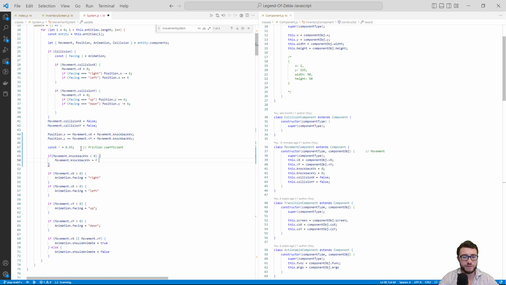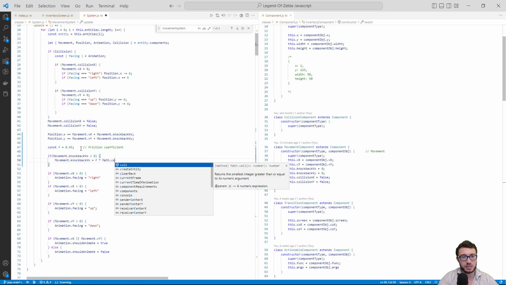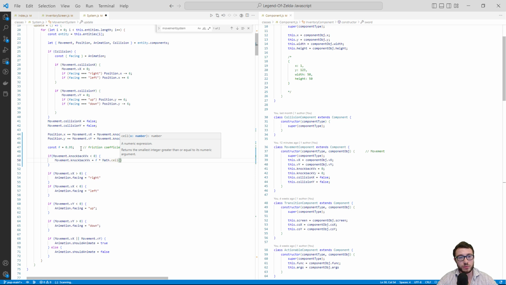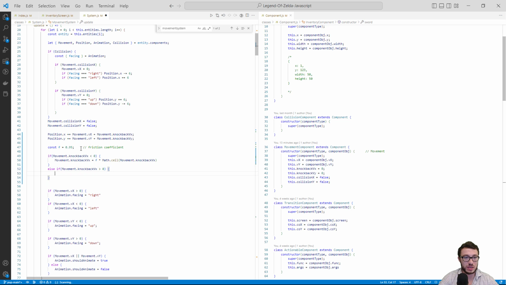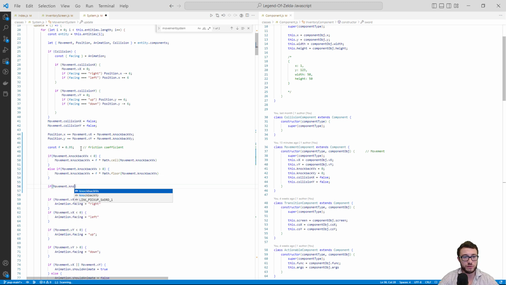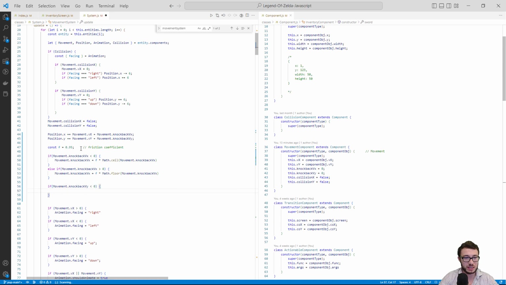We'll set it to F times math ceiling to bring it up to 0. We want to make this go towards 0. Movement knockback Vx. Now, else if movement knockback Vx is greater than 0, we need to floor this value. So knockback Vx is equal to F math floor movement knockback Vx. And then let's do this for y. So movement knockback Vy, if it's less than 0, we need to ceiling it. So movement